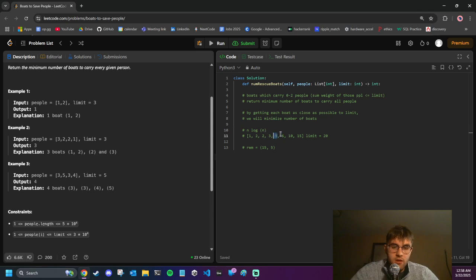And then we'd have to somehow pop this from the list, which would be n. But then we would look at 10. We'd say, okay, 10. The remainder is 10, so then we would get 6 together, right? So this kind of pairing would give us something useful. So this idea of trying to get the best pair possible,